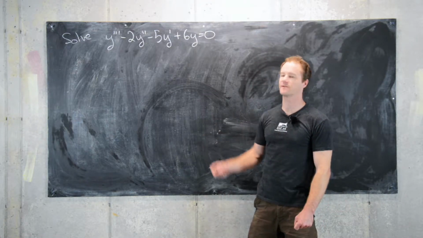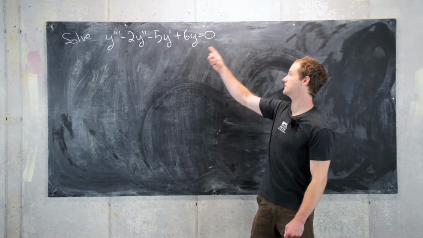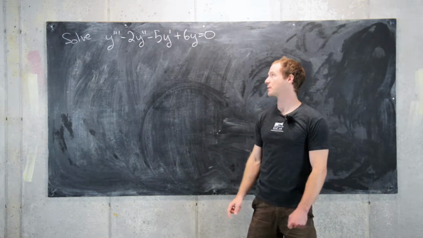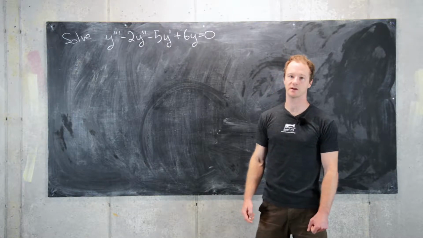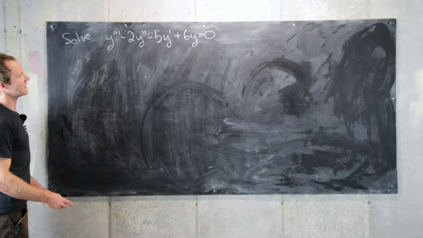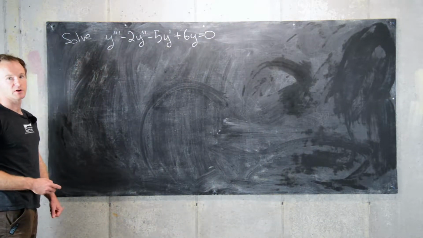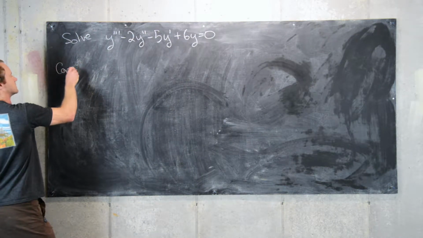Okay, here we want to look at the following third order homogeneous linear differential equation with constant coefficients. It's given by y triple prime minus 2y double prime minus 5y prime plus 6y equals 0. As is standard, we want to look at a certain complementary polynomial which will aid us in solving this. So we want to consider